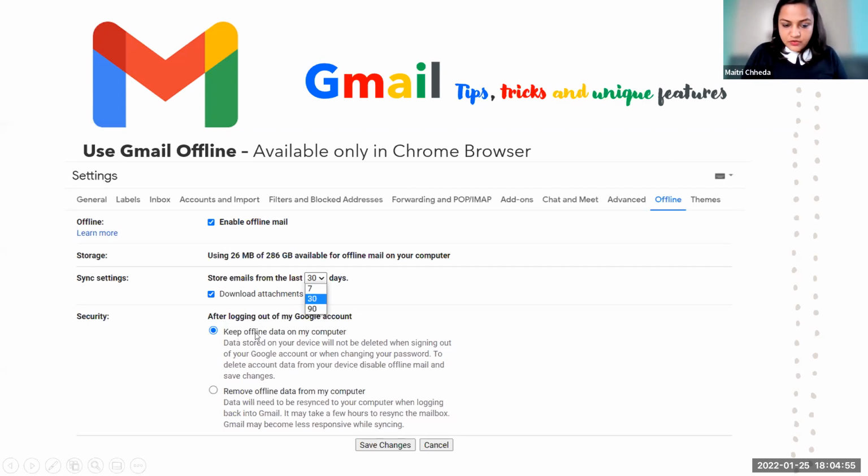So you have an option of keeping the data offline on your computer, or removing the data, but it will be there in your cache memory. You do this and save changes, and it will take maybe a couple of hours or more, depending upon how heavy your Gmail is. For this to be available offline, it will take maybe 3-4 hours to sync, and then you will have all your emails available offline to you.